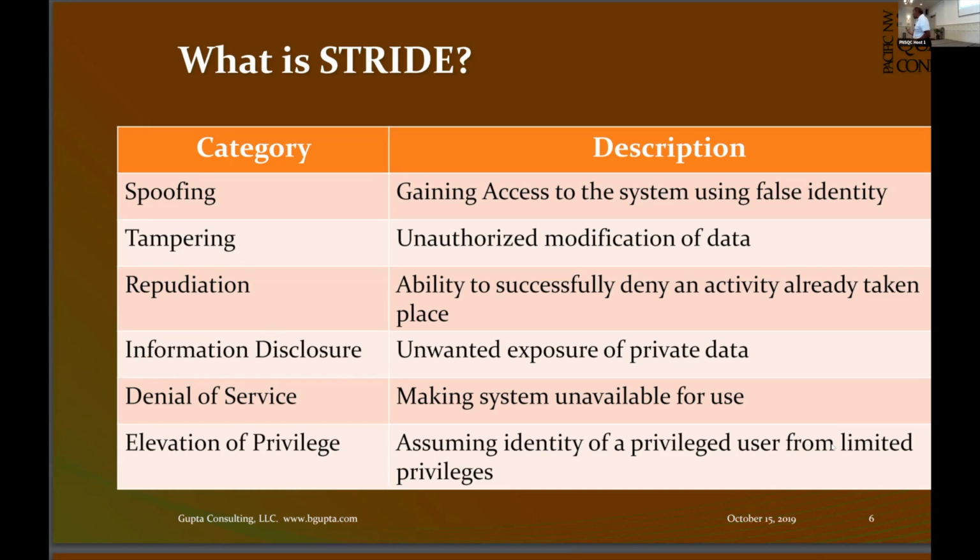Repudiation: if you were hacked, you need to have a way to prove that somebody, a hacker, did it, and this is who the hacker is. So you can prove it in a court of law that you were hacked by this person. Information disclosure is when the data is unexpectedly disclosed to somebody. It could be intentional by a hacker, or it could be unintentional. You can have somebody internal who didn't take care of something and the data got exposed.